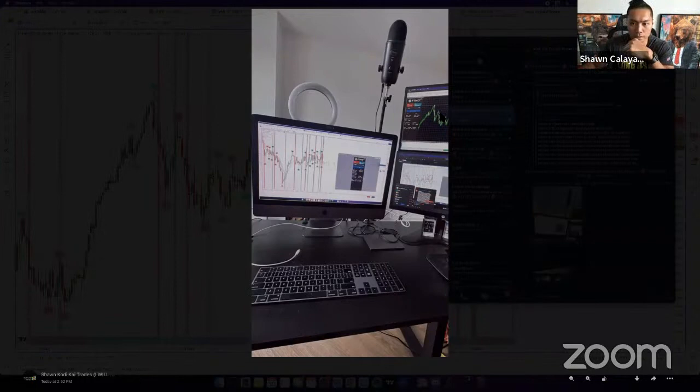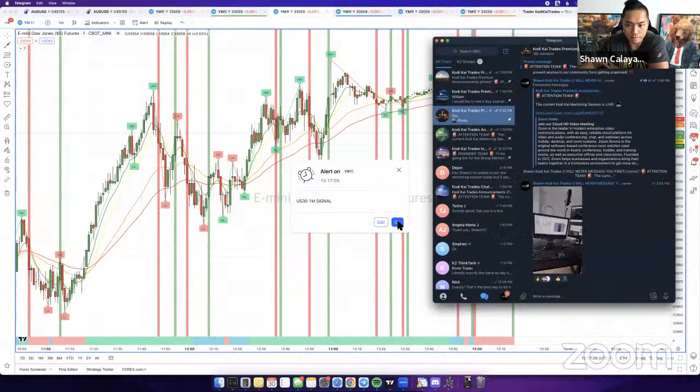Then I have two, I think 21-inch screens here, 21 or 24-inch monitors right here. This is where I keep the chat. I just have the chat open at all times. Up here is my FTMO MT4, where I hit buy or sell on that button there. And then this one is dedicated just for chart analysis.